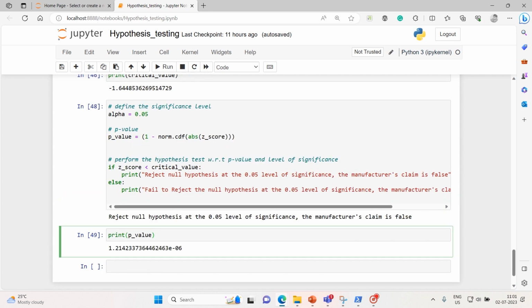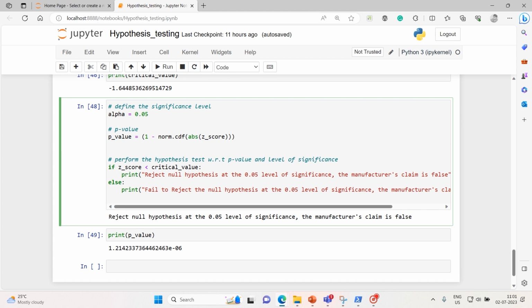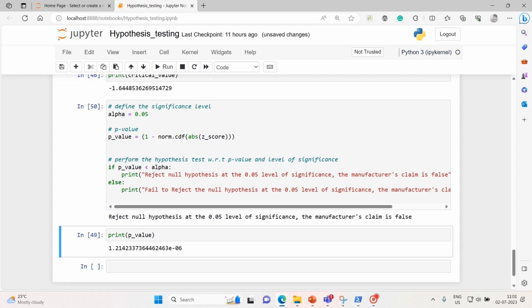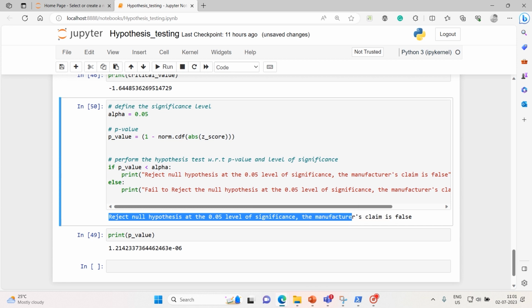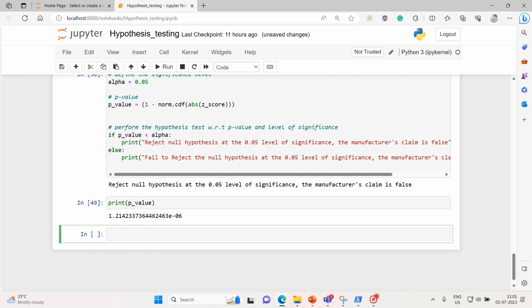And let me check, let me say if p-value is lesser than alpha, then we will reject the null hypothesis and the manufacturer's claim is false, or else it's the other way around. And we got the same response: reject the null hypothesis at the 0.05 level of significance, so the manufacturer's claim is false. And this is how we do it. You can do the same thing with a different